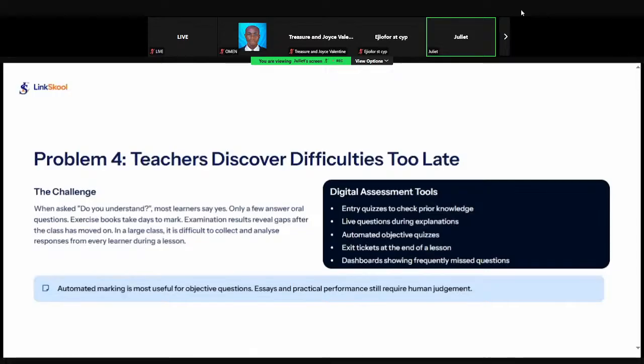Then the next one is that it also has a dashboard showing frequently missed questions. So from here you understand where the students have difficulties. If there are questions or a quiz that pops up during the learning content and then they miss the question, or they skip the question because maybe they did not understand it, you see that, oh,